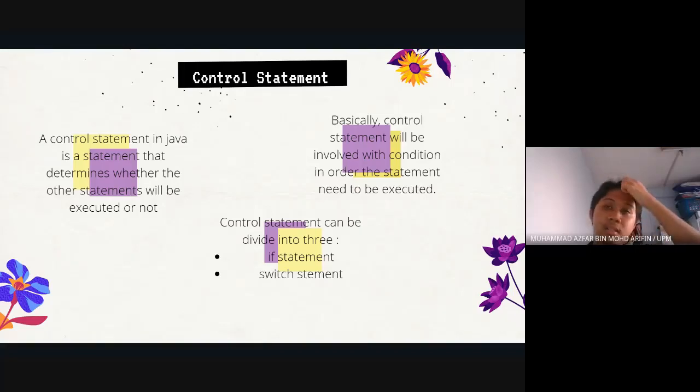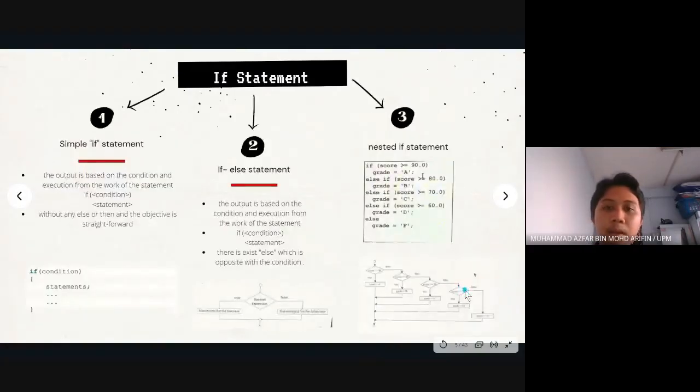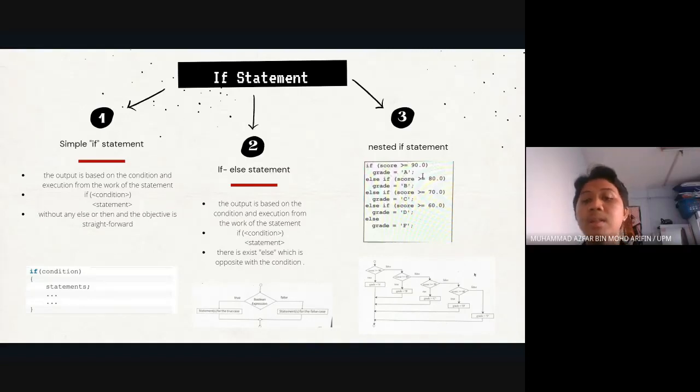Next, I will explain what the if statement is. I have divided the if statement into three parts, which are the simple if statement, the if else statement, and the nested if statement. So what we can say about the simple if statement is that